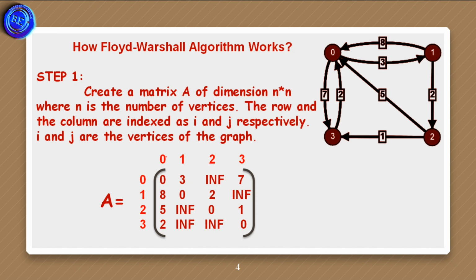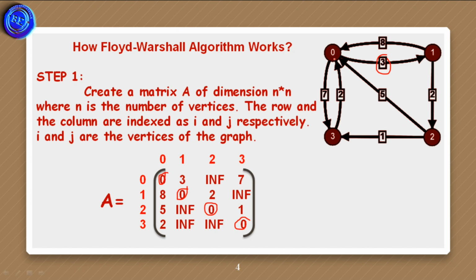From 0 to 0 we have no edge, so I represent the diagonal values as zeros. You can see that the diagonal values are zeros. That means there is no edge value directing towards itself. From 0 to 1, what is the edge value? Its edge value is 3, so I represented it as 3.